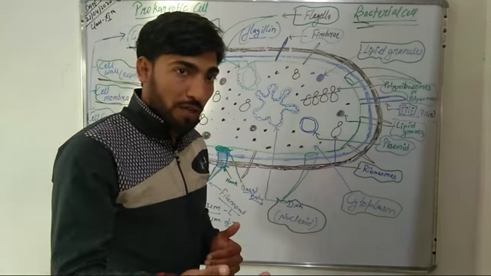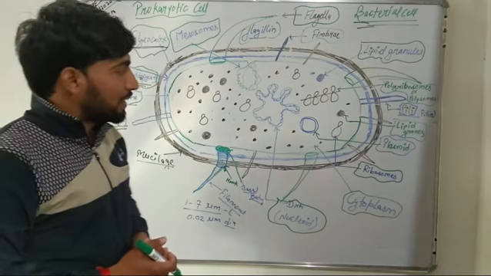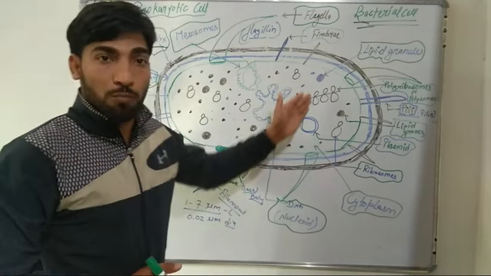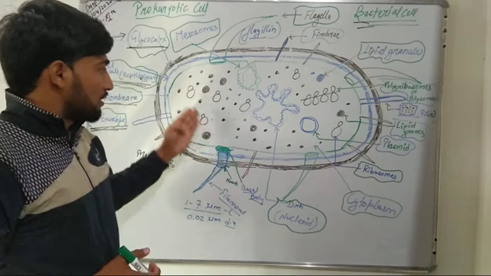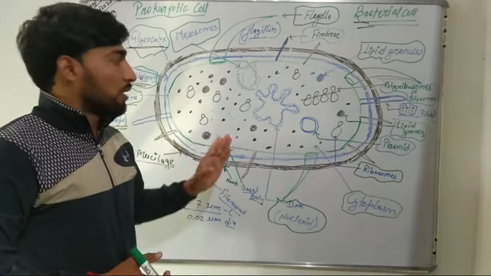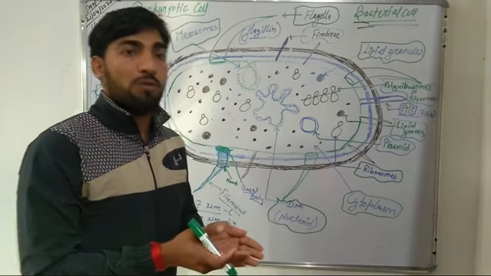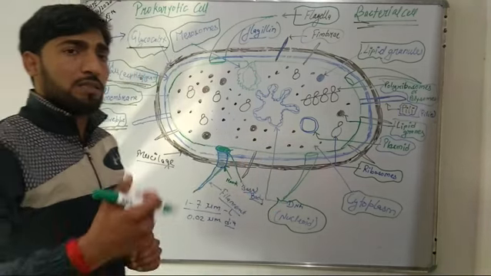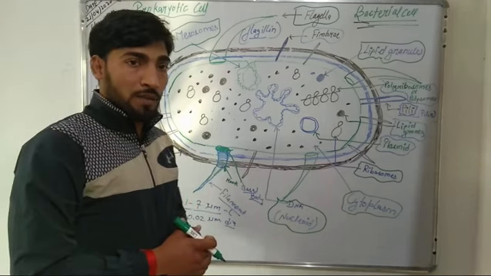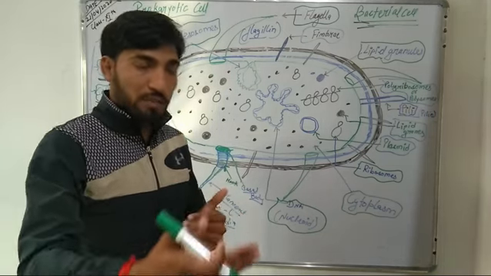So after the cell envelope, we will now study about the cytoplasm of the bacterial cell. This cytoplasm of the bacterial cell is the living matter of the bacterial cell excluding the nucleoid, and the bacterial cell has granular cytoplasm due to the presence of ribosomes. Though the bacterial cytoplasm does not have membrane-bound cell organelles, it consists of some other cell organelles, and each of these we will now study in detail.